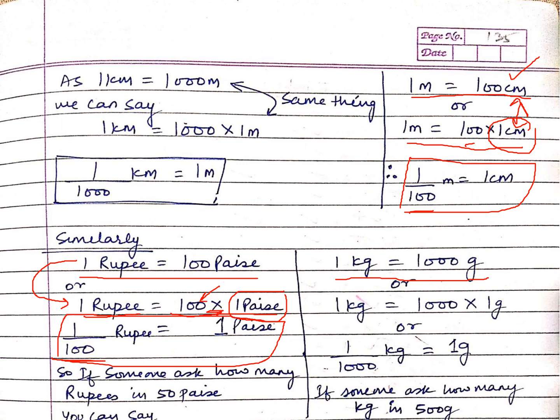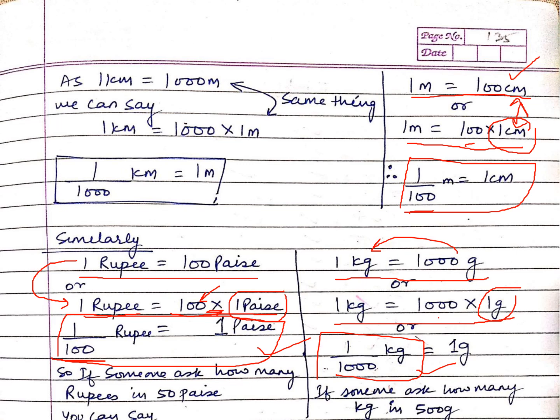so that the concept is clear to you. Okay. Now, if I ask the reverse question again, how many kilograms in 1 gram? Again, you can write this as 1 kg is equal to 1000 into 1 gram. And after that, you can isolate the 1 gram and bring the 1000 in the division. It becomes 1 upon 1000 kg. Now let's see two questions based on these new formulas that we have found. I know you don't remember these formulas, but you can use them right now. Let's see how to use them.